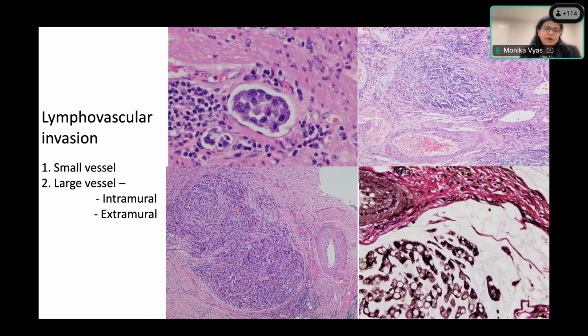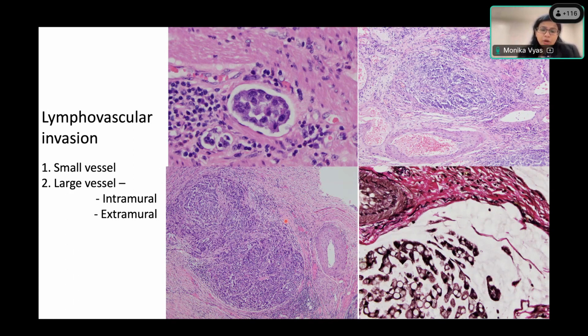But then if you have a tumor nodule next to this thick walled artery, then that means that it can potentially be a vein which has been completely destroyed by the tumor. So that is large venous invasion. So if you see a remnant vessel wall, then you're done. You can report it on H&E.